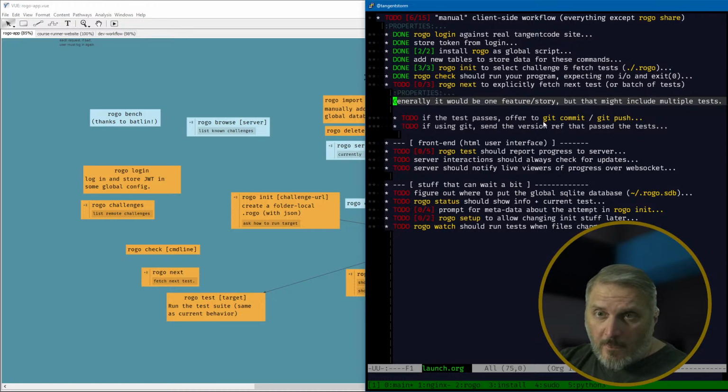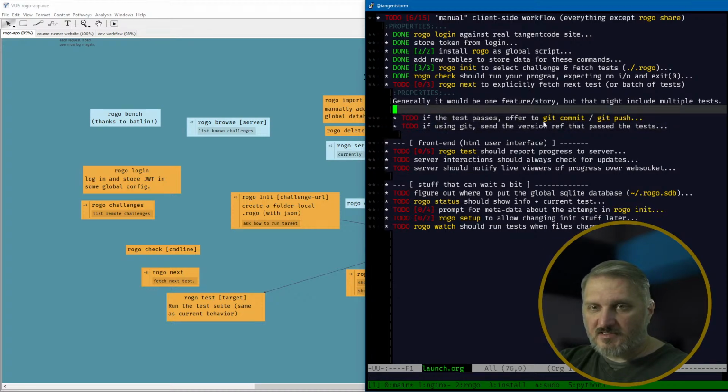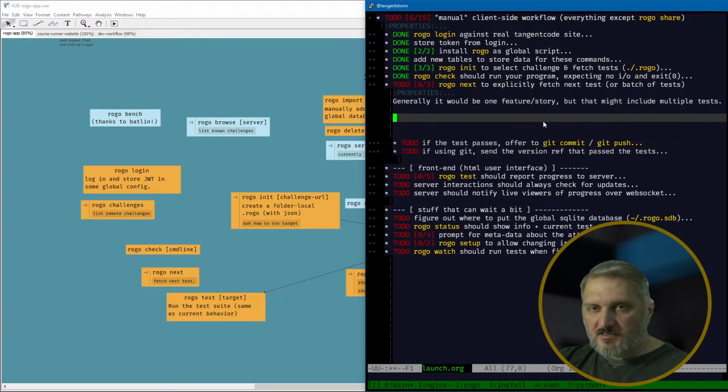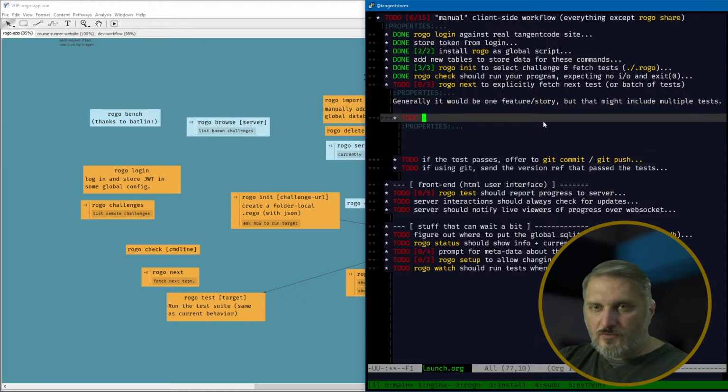So anyway, I'm rambling. Generally, it would be one feature story, but that might include multiple tests. That's the whole point. Offer a git commit, git push. If you send the version record. Test. Let's see what actually matters. We need to